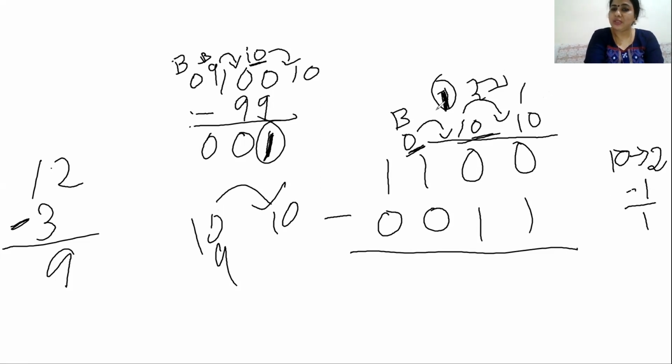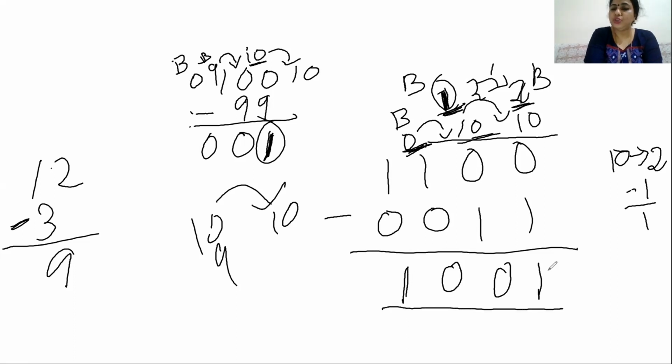So now what did it become? The balance will be 1. And here it is 0. So 10, that became the 2. Okay, the balance will be 2. So 2 minus 1, that will be 1. Now here the balance is 1, 1 minus 1 will be 0. Now it is already balance 0, then it will be 0. And this will be 1. Okay, so this is the result, 1001.